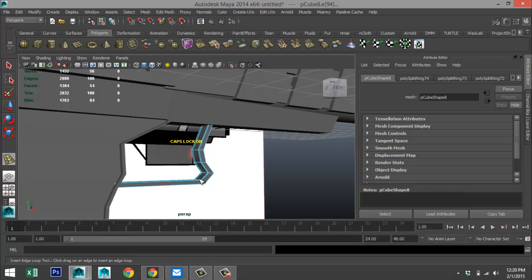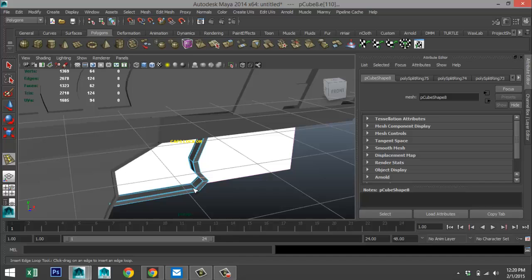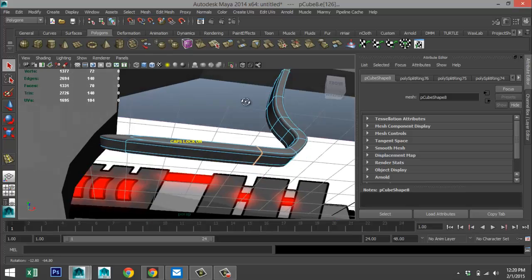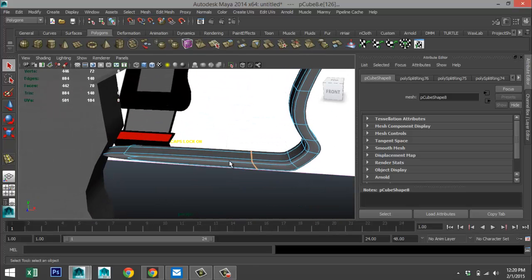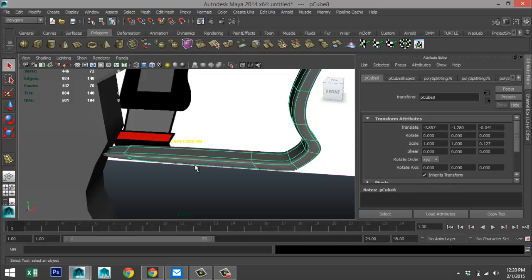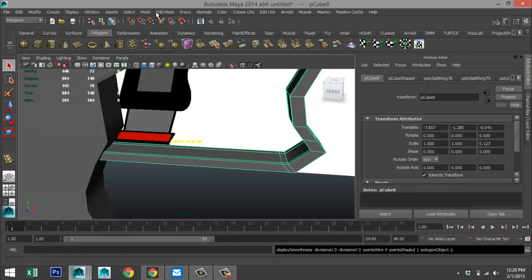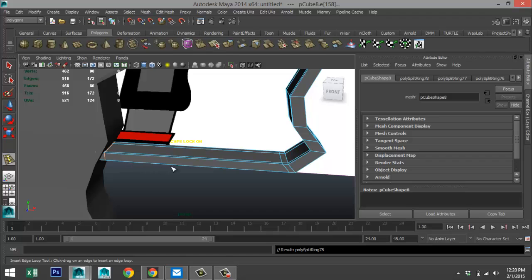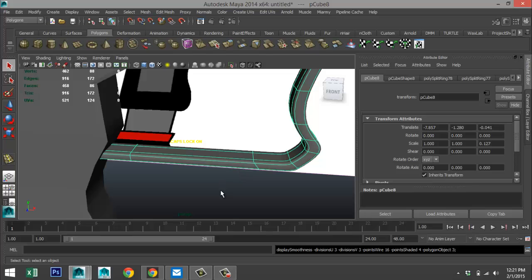Okay, try that again, Object Mode, still not what I'm looking for. Especially here, so Insert Edge Loop Tool, that's better.